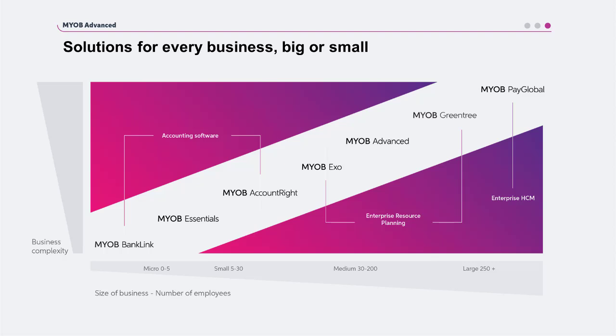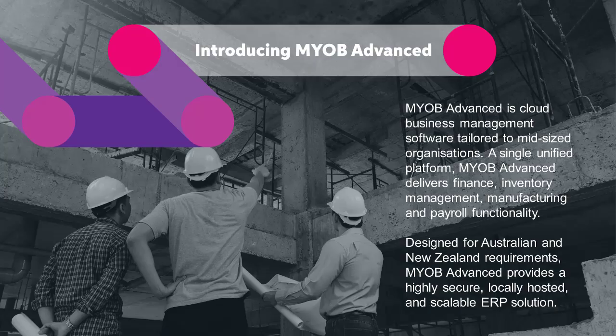So in the MYOB stable of products, we see that EXO, Advanced, and Greentree fulfill those needs. And our focus today will be on MYOB Advanced as the most modern cloud-based application in this lineup. Now, Advanced was introduced into the Australian and New Zealand market in 2014 as the first true cloud ERP solution built specifically for the ANZ marketplace. Other competitors have now entered the market, but Advanced is still the clear leader. In 2018, the client base grew by 43%, and we are proud to say that in 2020 we hit over